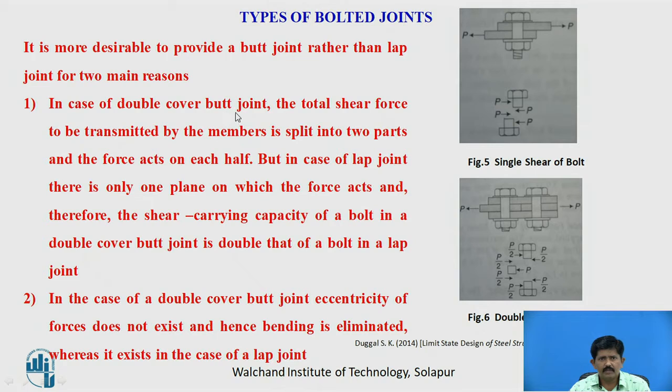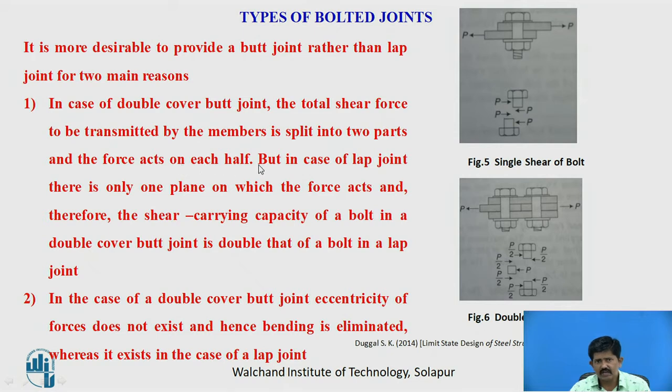In case of double cover butt joint, the total shear force to be transmitted by the member is split into two parts. So here in the double cover butt joint, this load is split into two parts. This is the butt joint and this load is transferred through the top plate and bottom plate. So it is split up into two parts and the forces act